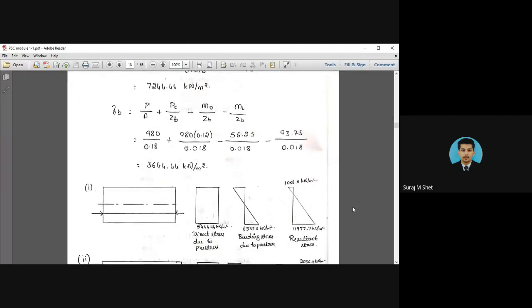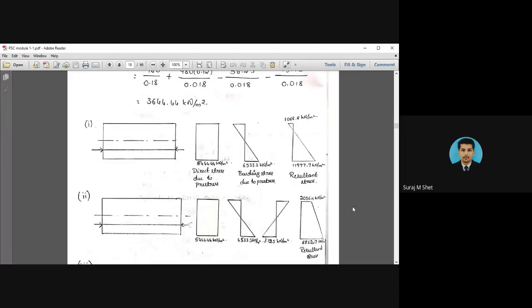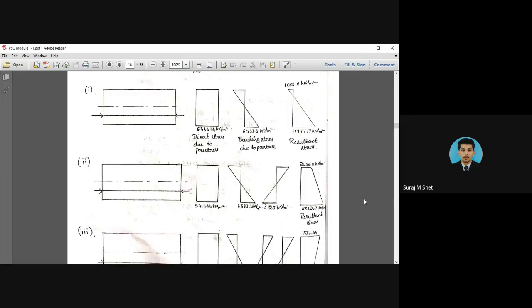And this is the stress diagram. This is the first case. Here in the first case there is only P by A, the direct stress, and this is the bending stress due to PE divided by ZT or ZB. Okay, PE divided by ZT and ZB. Got it? This is the formula to calculate this. Here is the second case. This is P by A, the direct stress. This is PE divided by ZB or ZT, and this is due to the bending moment due to dead load.